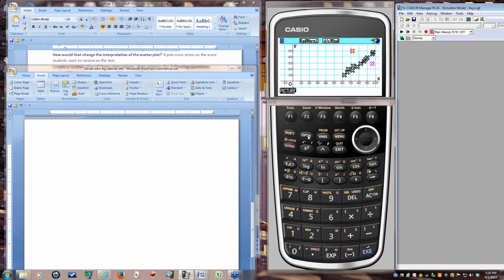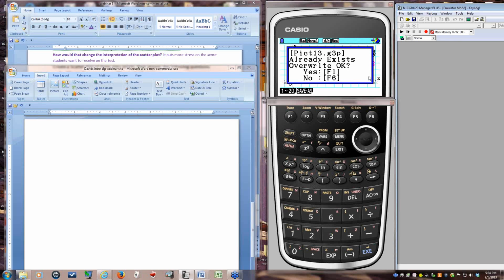I'm going to say pick, so I did Option, Picture, Store is F1 on all of those. F1 again for 1 to 20. I'm going to enter 13. It's going to tell me that already exists. But watch right up here, because you'll see that's going to do a little bit of movement. So I'm going to say yes, overwrite it. See how that shifted, just like on your internet access when it's thinking. So that's set as picture 13.